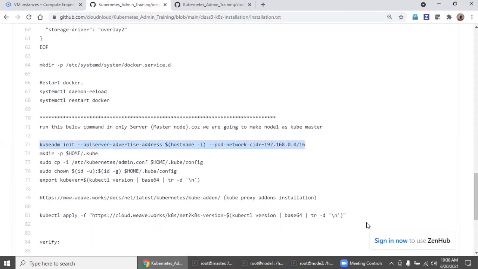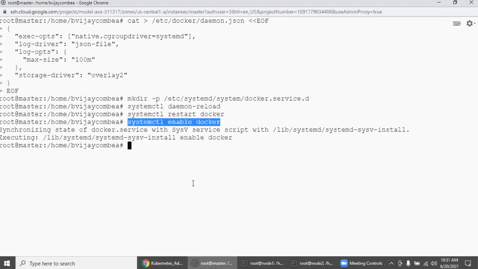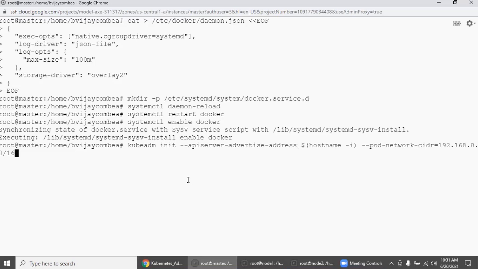Before going to this, we are initializing the Kubernetes cluster and we are allocating the pod network. So we are defining it, right? So I am copying this. This command you should run only from the master, right?